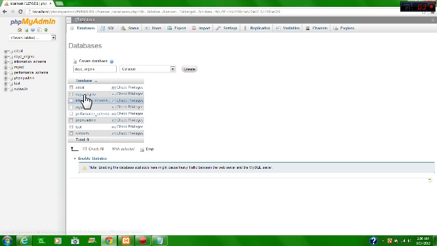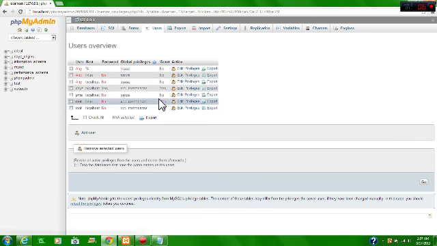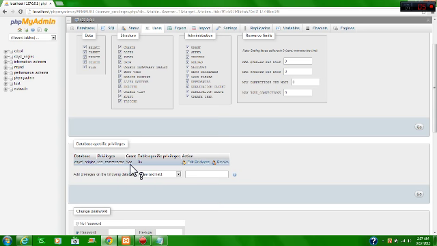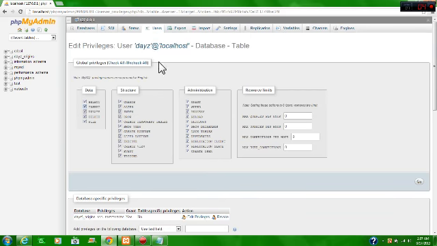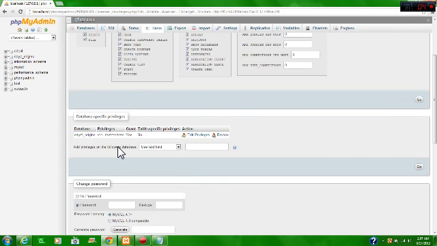Now what you want to do, after you have created your database, is come back over here to users, find your Dayz user, click edit privileges, and then right here you're going to see something. Also when you make your Dayz user, it's going to ask for a password, so make sure that it's something you can remember. So now as you see, what I can do now is,